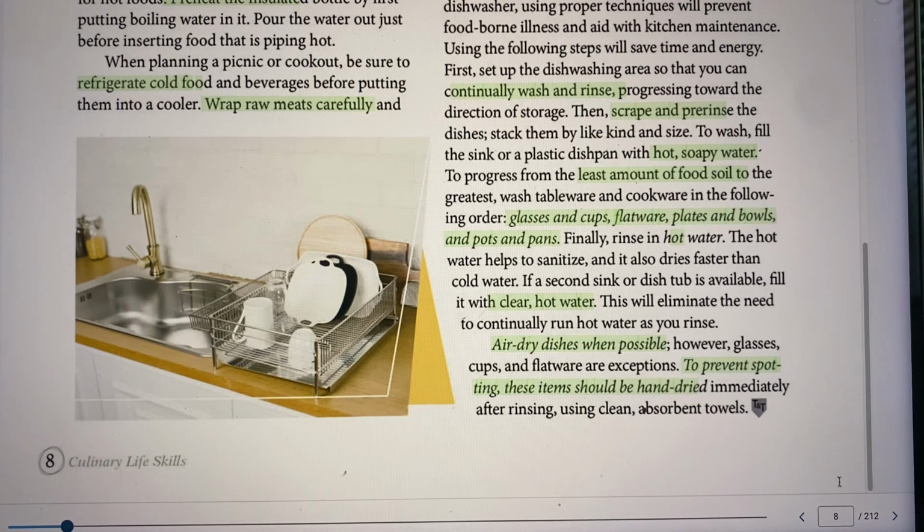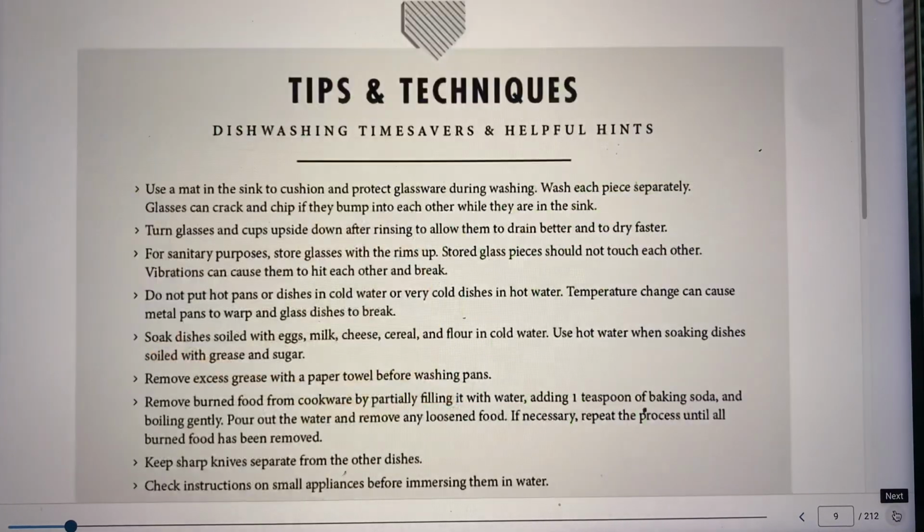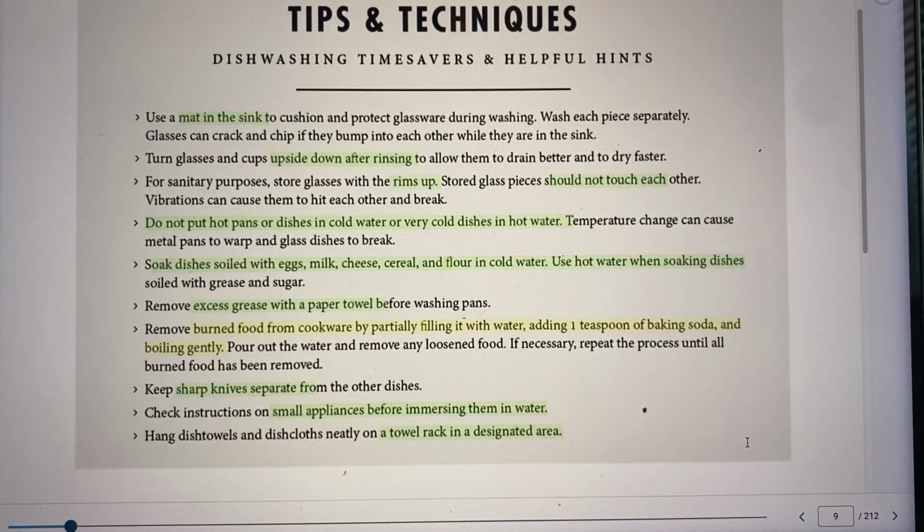So let's go on. Tips and techniques, dishwashing, time savers, and helpful hints. What are helpful hints about dishwashing? You think, oh, this should be easy. Well, let's find out. First of all, it says to use a mat in the sink as a cushion because